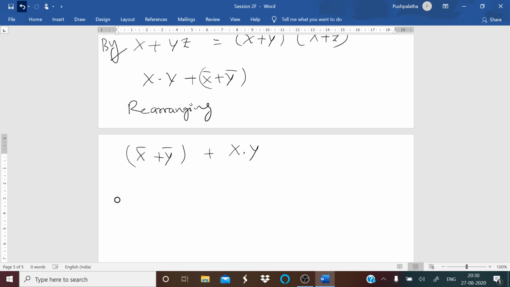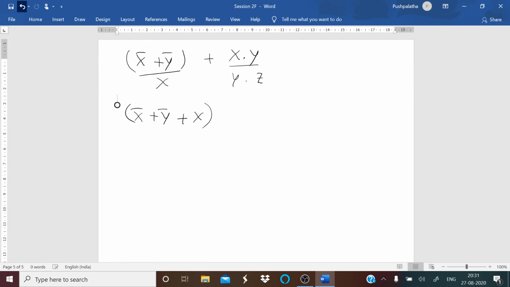So what does this statement say? Let us take this as x and this as y into z. So this is x plus y into x plus z. What is x now? x bar plus y bar plus y. What is y? x. Right. So into, what is the next statement? x into z, that is x bar plus y bar plus, what is the value of z here? y. So y. So again rearranging the terms.